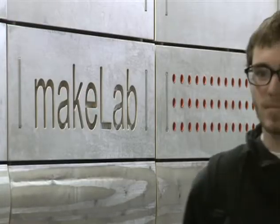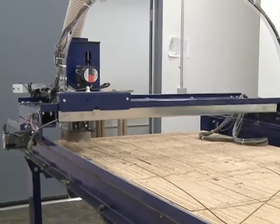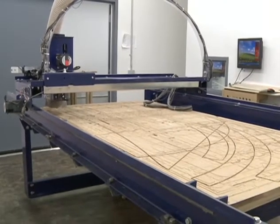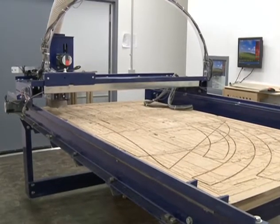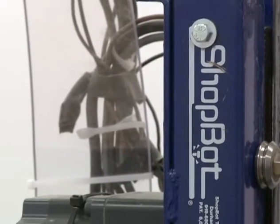Well, tonight is the grand opening of MakeLab, which is the digital fabrication laboratory here within the College of Architecture and Design. We had what we consider a soft opening, meaning we didn't tell a whole lot of people what we were doing back in August of 2011. The MakeLab itself is a new laboratory that we have here, which utilizes new technology to build buildings and building components in a way that we really haven't been able to in the